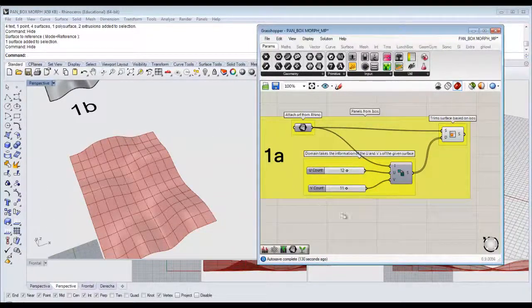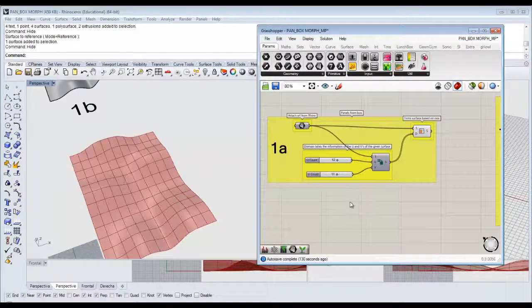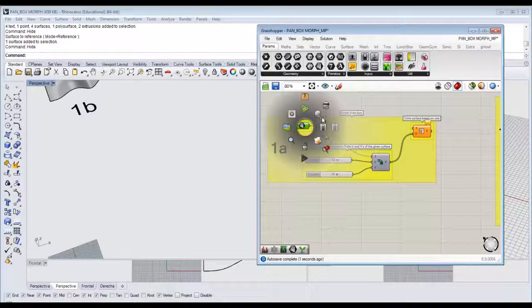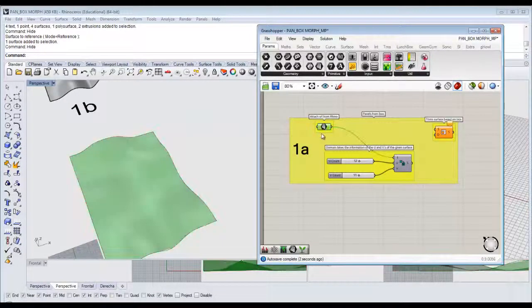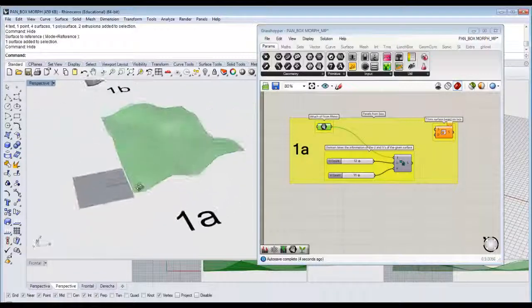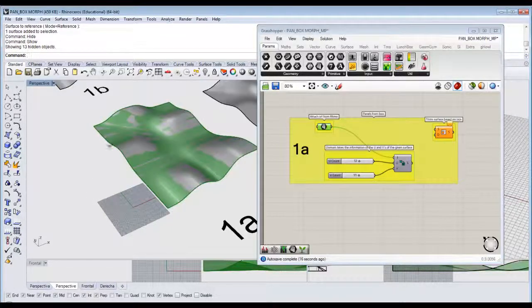So to walk through this definition, I'll explain what's happening. Disregard this and this. So we have the surface set, and this was a simple doubly curved surface that we made by changing the control points. Now within each of these surfaces we covered in class,